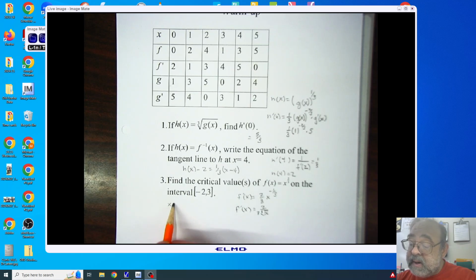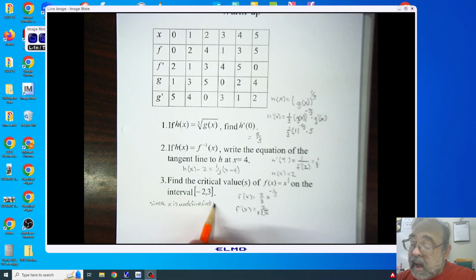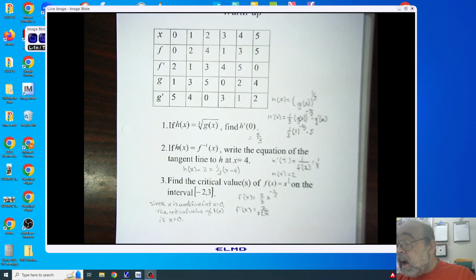Since f prime is undefined, I'm now writing a sentence. Since f prime is undefined at x equals 0, the critical value of f of x is x equals 0. Now at this point, I could make a table of values and figure out, well, I know that I have an increasing function